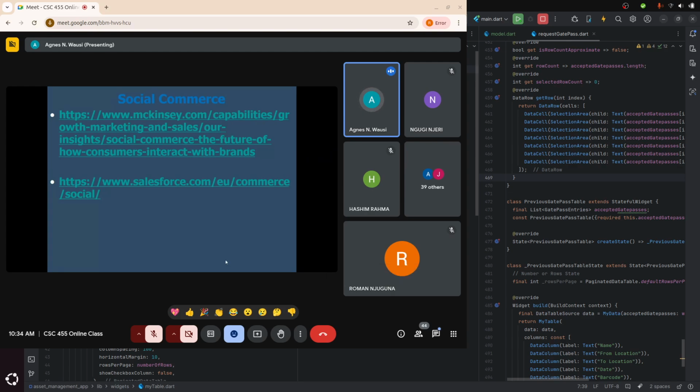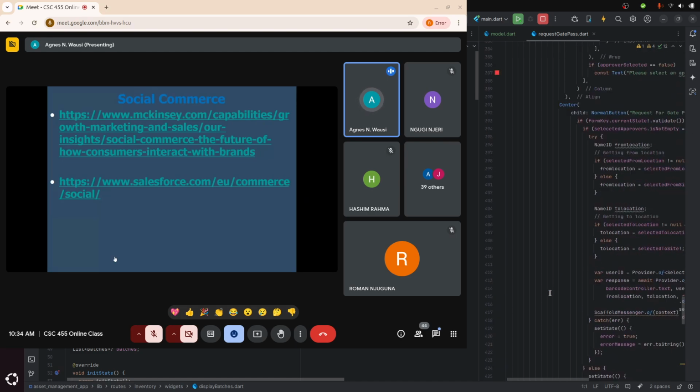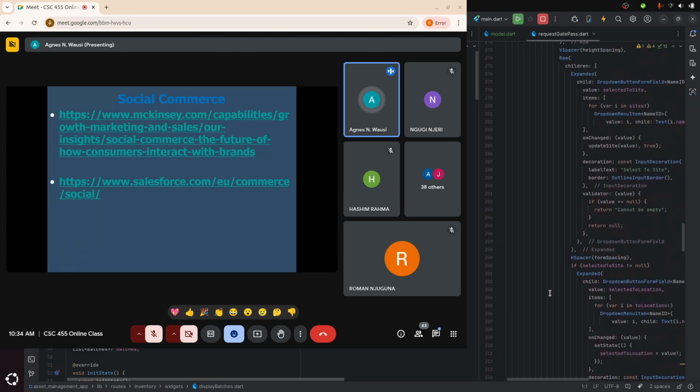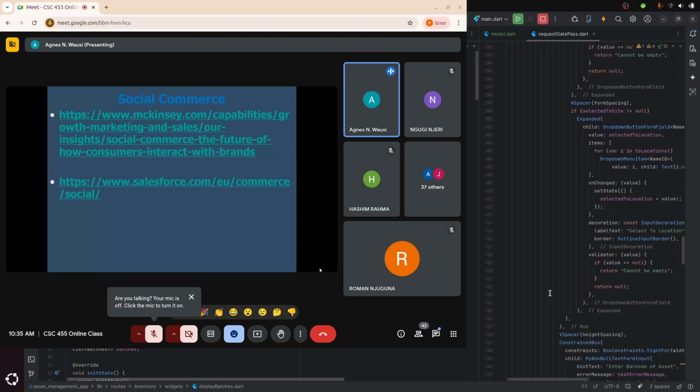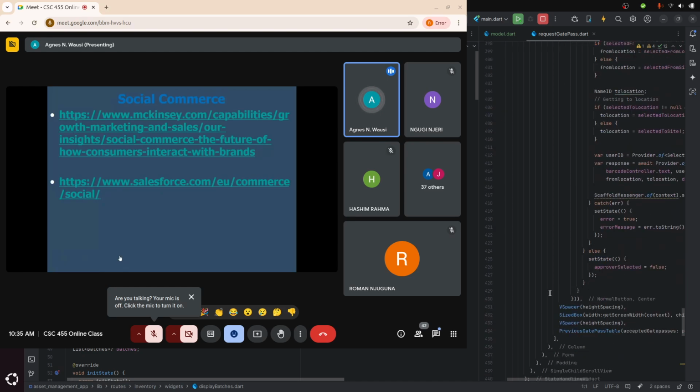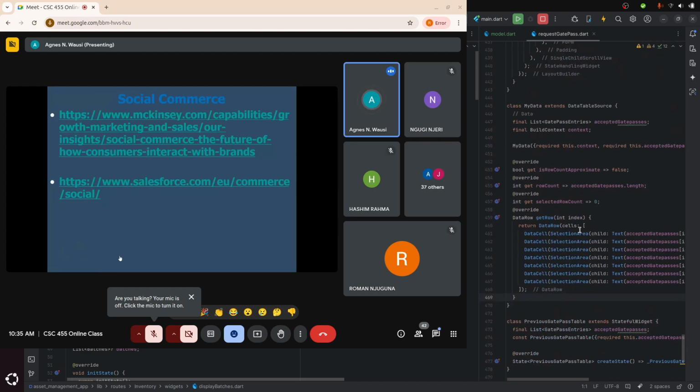So I've shared those two links. If we can take about 4 minutes, according to my clock here it's 10:34, so about 10:38 thereabout, we see what you have picked from those two articles.